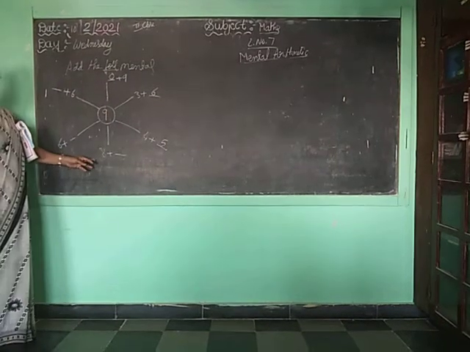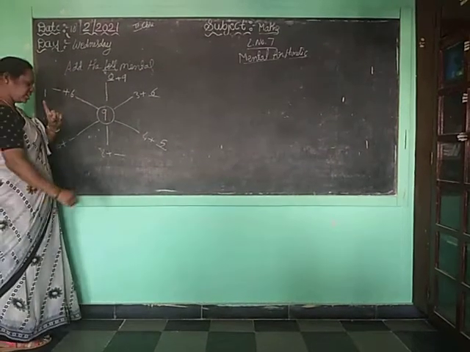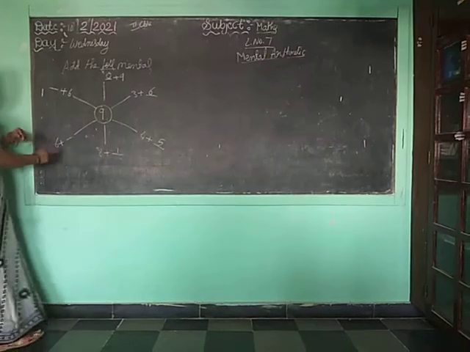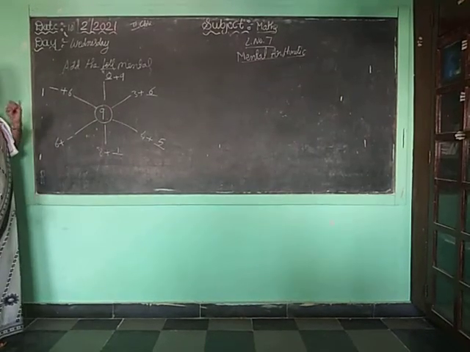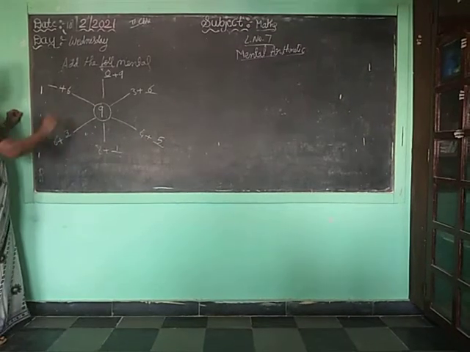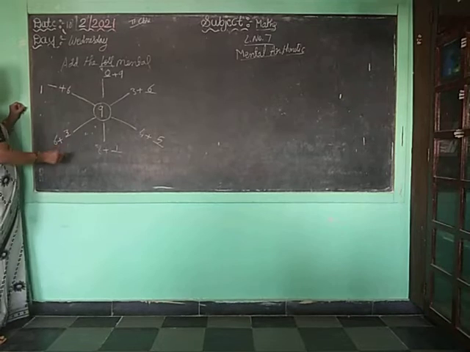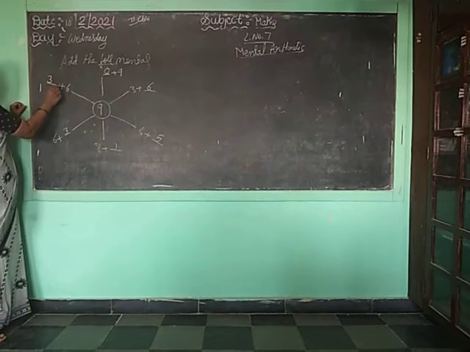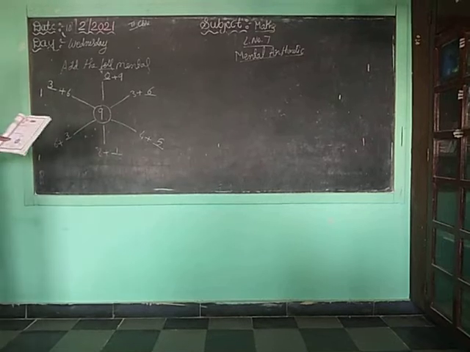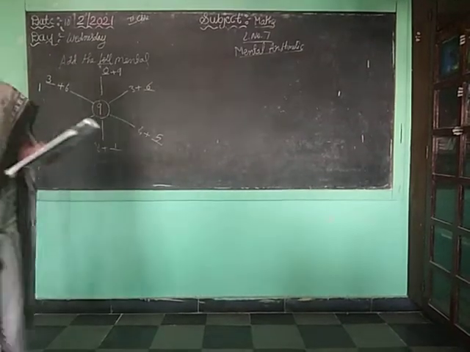Here 8 is there. 8, 9. How much is this one? 1. So 8 plus 1 is 9. Here 6 is there. So 7, 8, 9. How much? 3. 6 plus 3 is how much, children? 9. Dash plus 6, so what should you add? 3. 3 plus 6 is 9. Okay children, fill in the missing number.